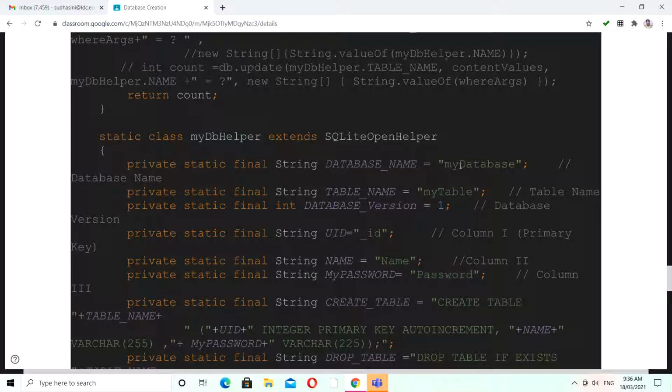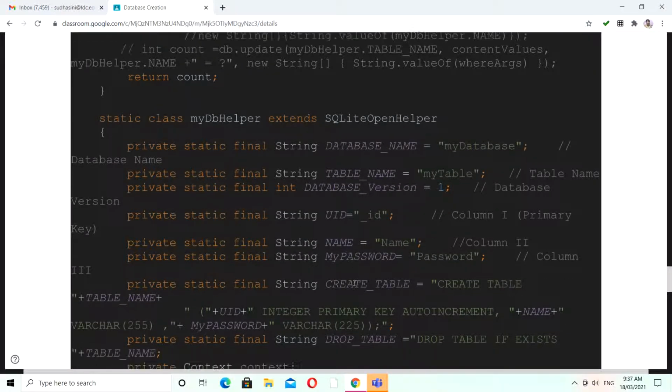We have our database and table name, and within your table we have 3 attributes: the ID will be auto-generated, and then a name and a password. Using the string variables we have only assigned the names of the attributes, but we have not yet actually created the table.